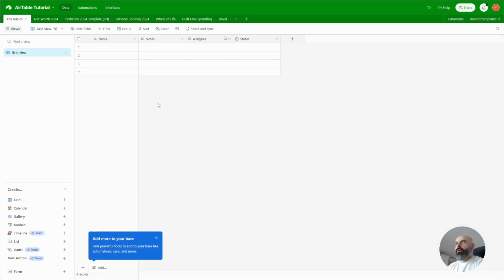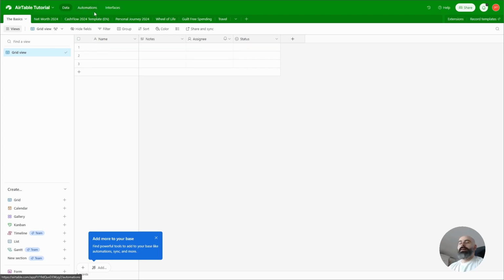Whenever you're opening a new base, you will be met with columns and rows just like Excel. But don't imagine that you can immediately do functions with it just like you would normally do in Excel, because this is a database. So most of it is based on information that you can then filter somehow. So for example, if I'm talking about the interface, right here there will be some tabs,